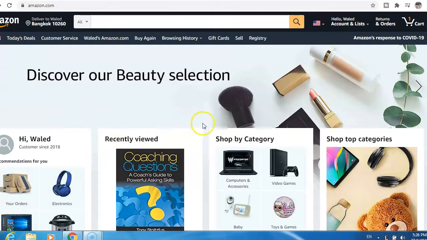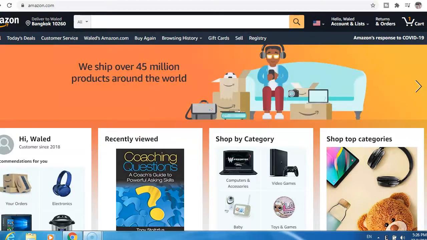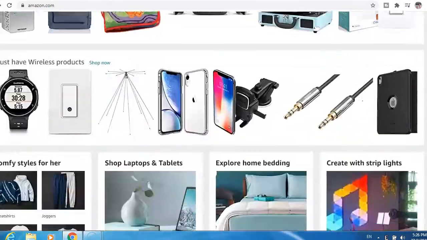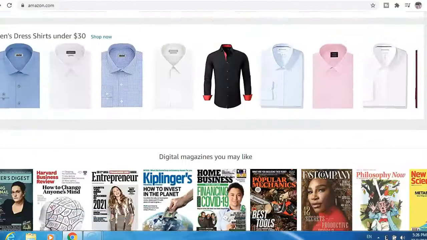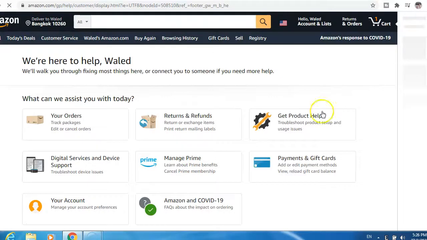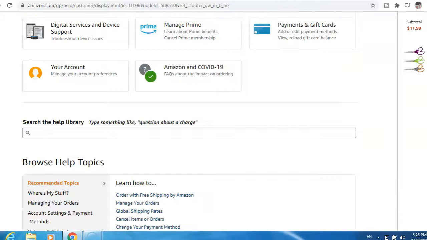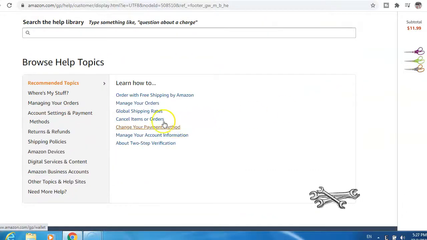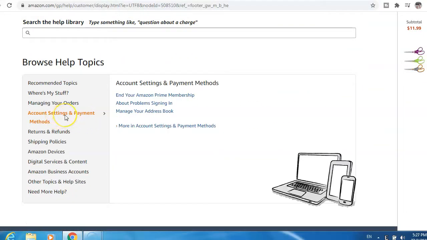What you need to do, just go to Amazon and log in to your account, and then just scroll down and click help, and then just scroll down and you see here account settings and payment methods. Click here more in account settings,